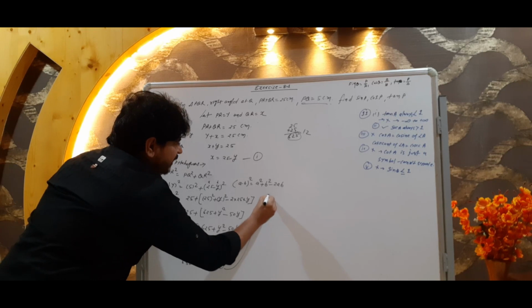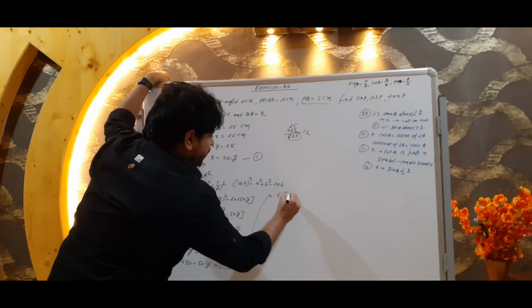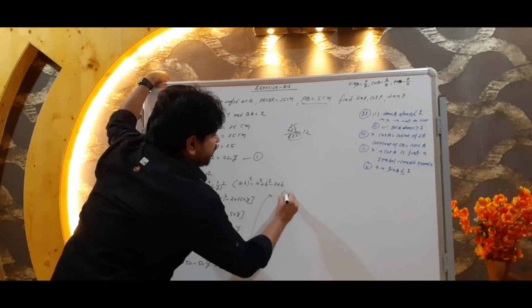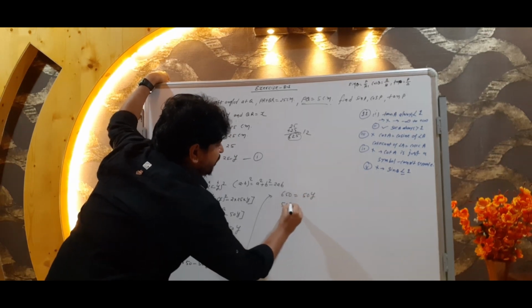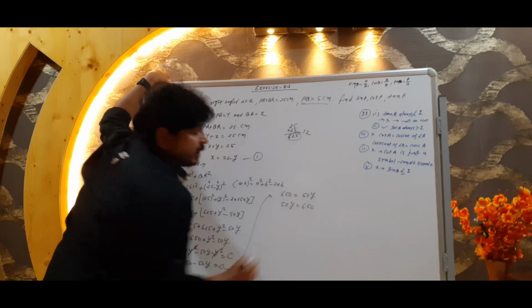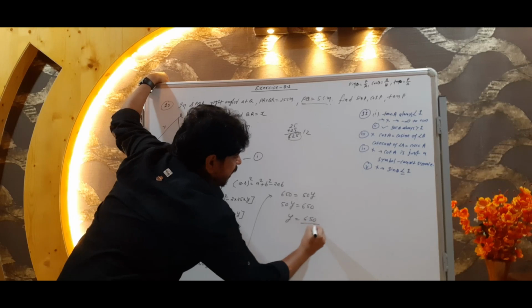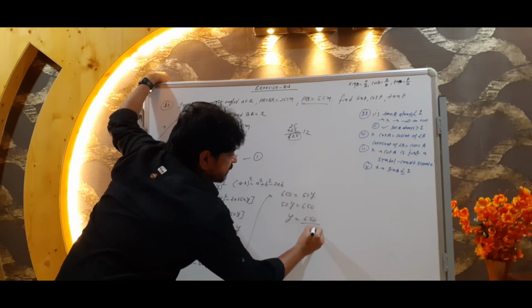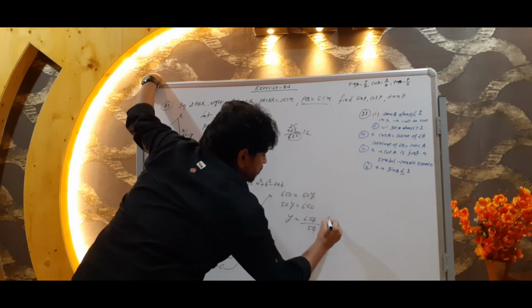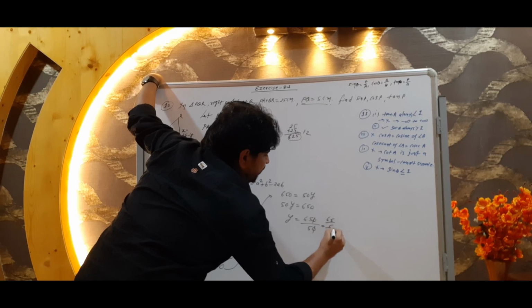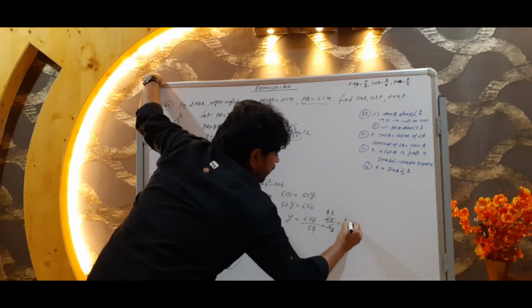Okay guys? Or what we can say? We can say here 650 is equal to 50y, or we can say that 50y is equal to 650, or y is equal to 650 upon 50. Yes, 0 0 cancel. What we got? 65 upon 5. 5 1 ja 5 and 5 3 ja 15. What we got here? 13.